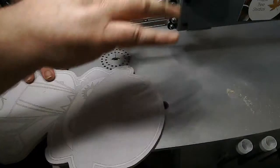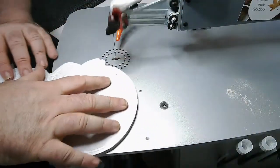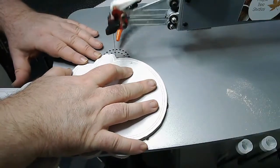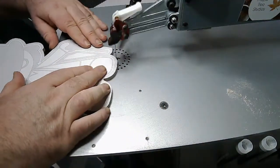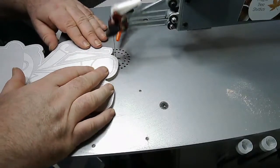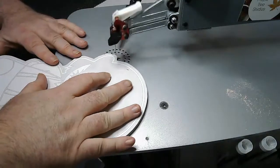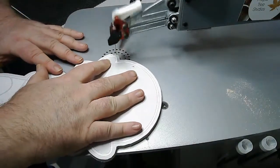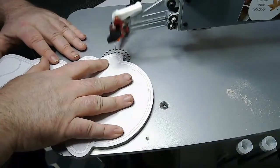So, going to go back round our guy on the outside. What we're going to start with, though, is we're going to start down here in a little bit. Actually, no, I'll tell you what. We're going to start up here where I did last time. And the goal here is now to remove